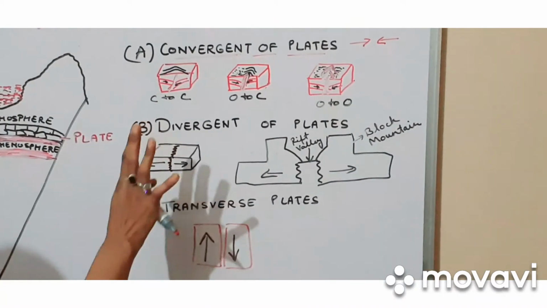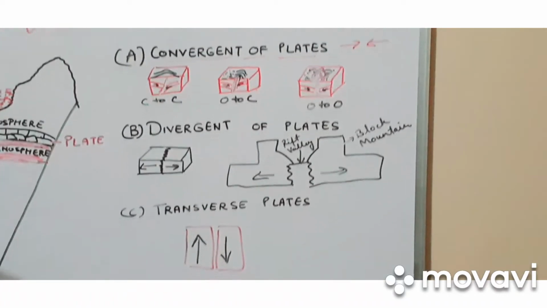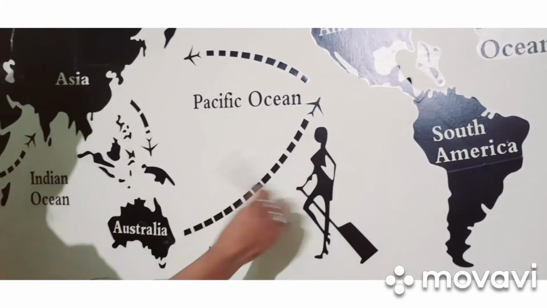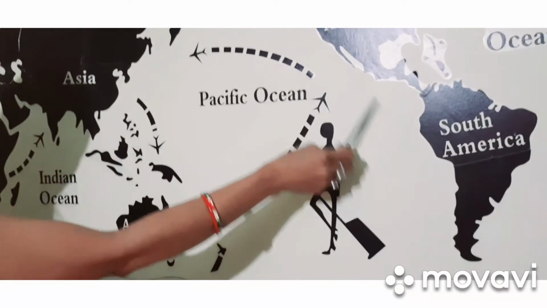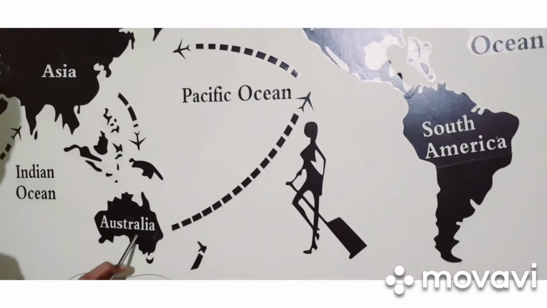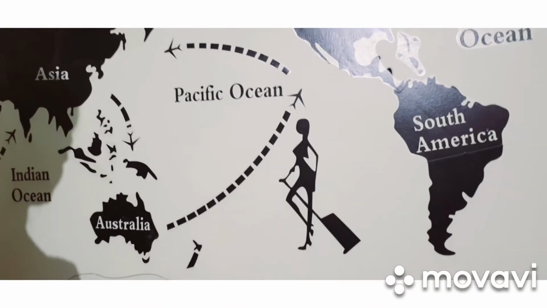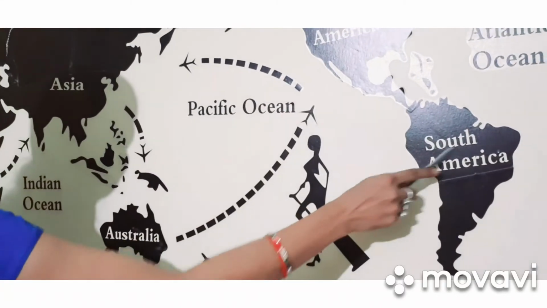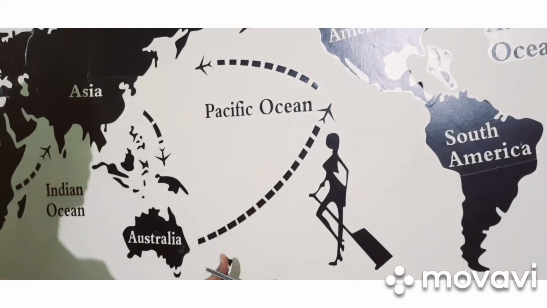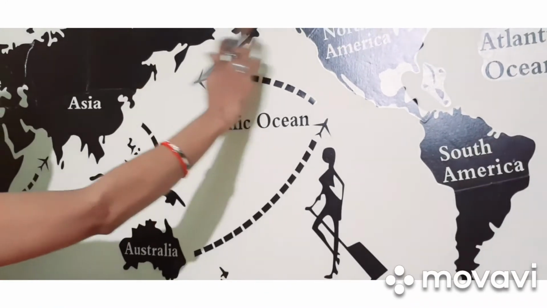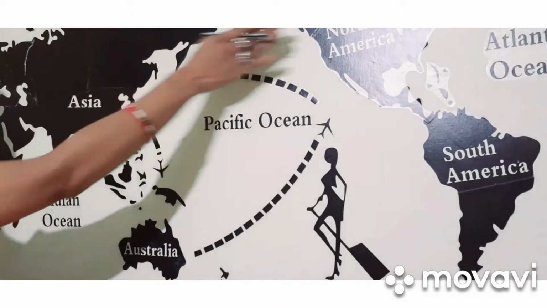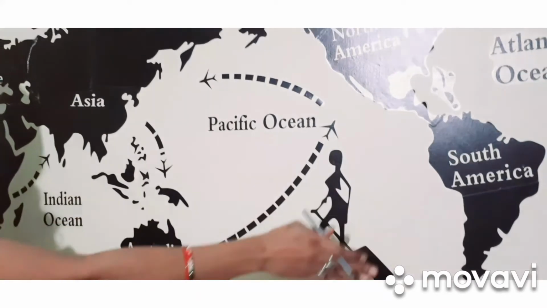This is all about plate movement. Now next is the ring of fire. This whole region is known as the ring of fire. Why is it known as the ring of fire? Because the Eurasian plate, Australian plate, Antarctic plate, North American plate and South American plate move in the same direction. That's why the Pacific Ocean is shrinking and we call this whole region the ring of fire, because it is a convergent boundary of plates. Here all plates converge.